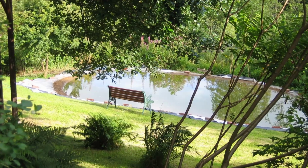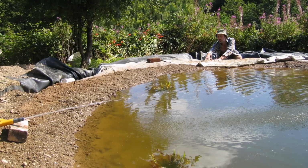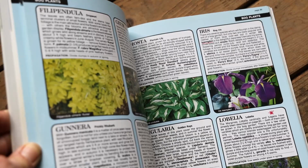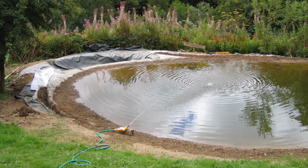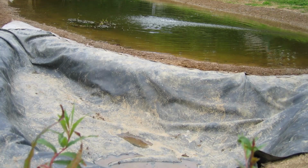At the eastern end of the pond, we dug a shallow bog area into which the main pond water could overflow in times of heavy rain. This gave us the opportunity to introduce different plants into the area. A section of liner went down here too, but we punctured the base with a few holes to allow slow